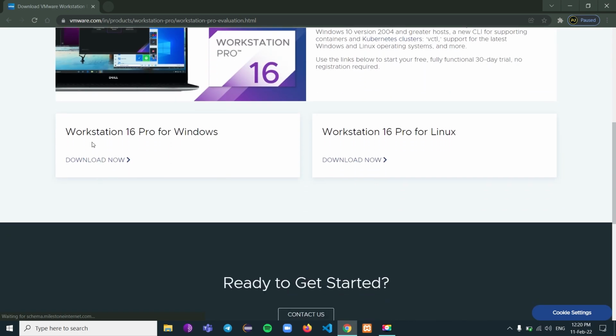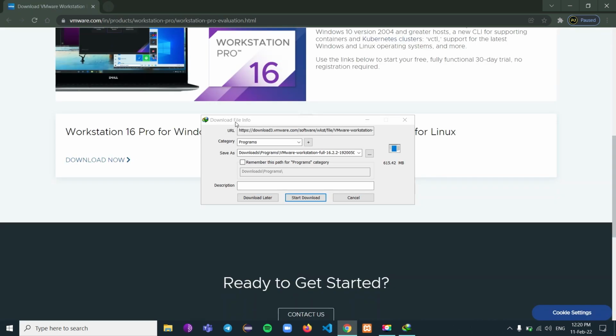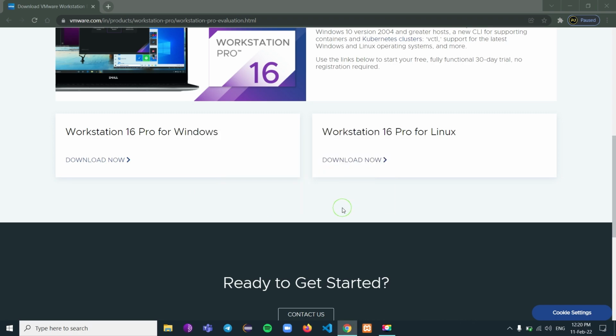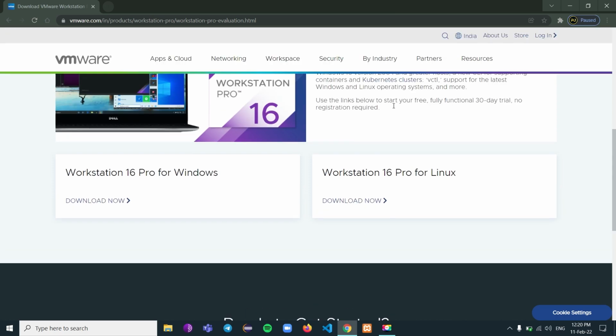Go down and here you can see Workstation 16 Pro for Windows. Click download now. Then you have to just download the file. I will not download now because I have already downloaded it to save time. So after downloading,